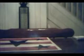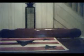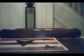This time we're going to take a look at something a little different. No, it's not a Transformer. It's actually from that other popular 80s toy line, G.I. Joe. Here it is. It's the G.I. Joe Pursuit of Cobra Snake Eyes Ninja Commando figure. This figure is numbered